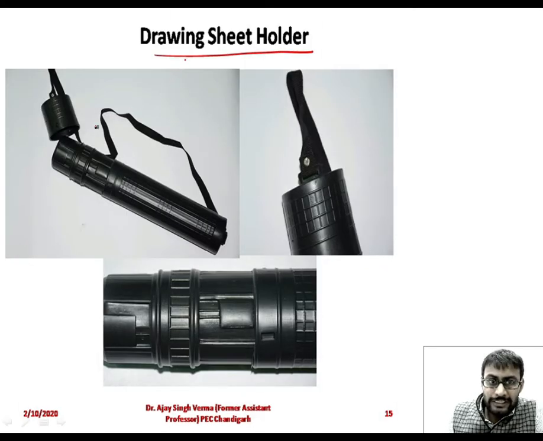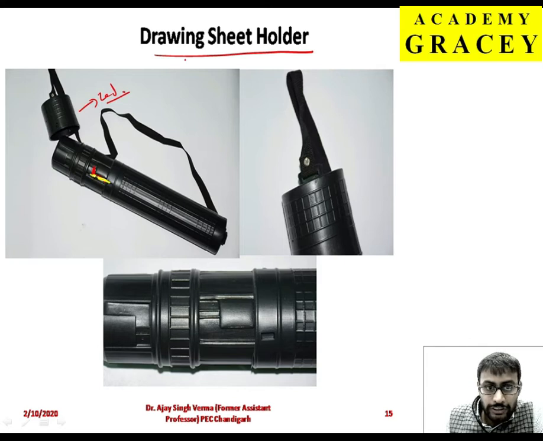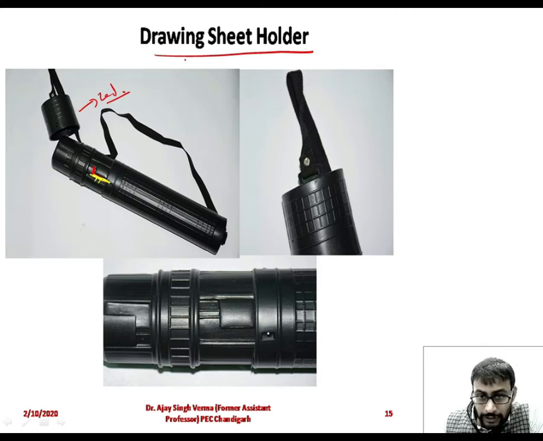Basically in the drawing holder, you can see this is a lid of the holder, and you can see this portion. You can see I'm changing the ink color. Just wait. I'm talking about these slots, and this having a raised portion from inside, and it will slide here. When we rotate it this side, it will make an interlocking mechanism. So this is used to make the sheet holder larger or smaller.